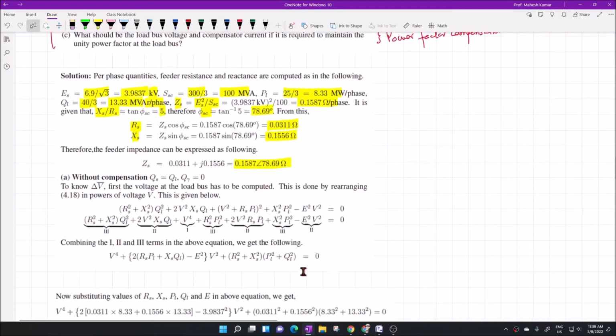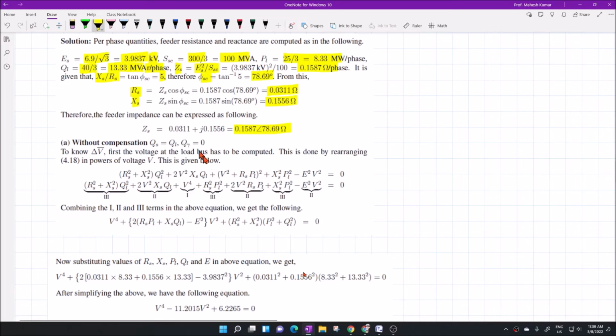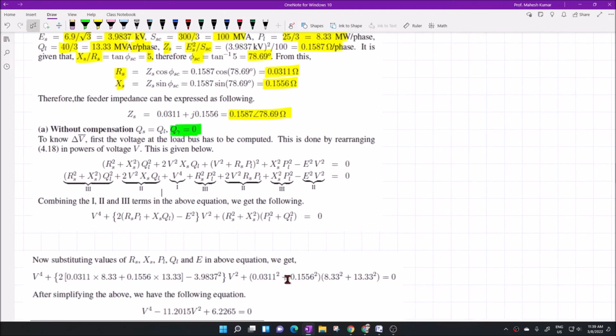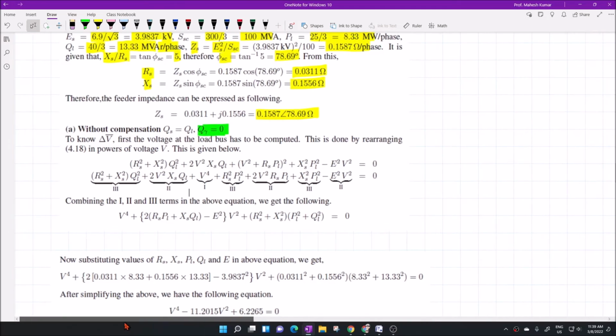The first case is when we don't have any compensator. That actually means that Q gamma equals 0. When Q gamma equals 0, there is no compensator at the load bus. We have to solve for only voltage. So we use the first equation that we have developed, the quadratic in QL,